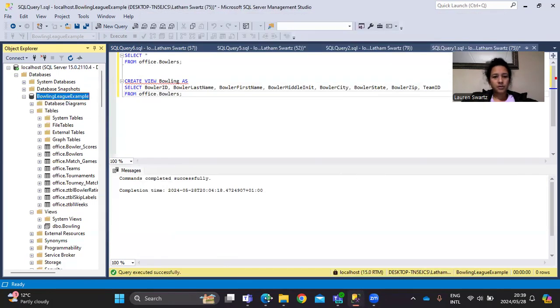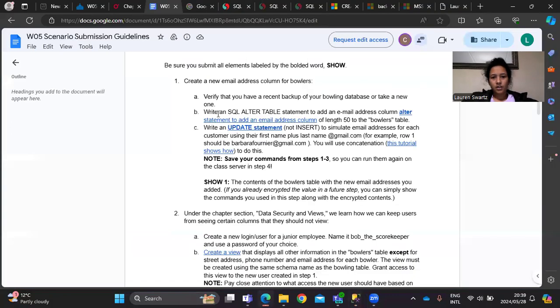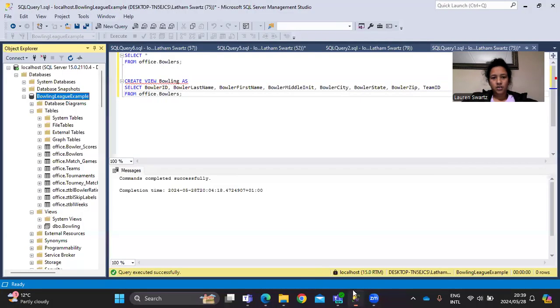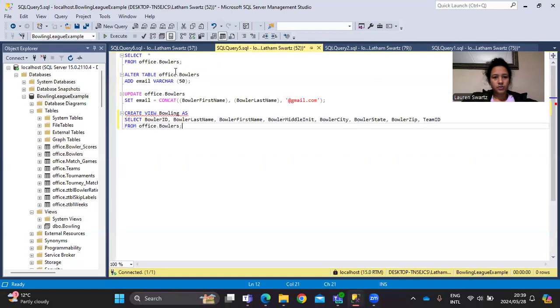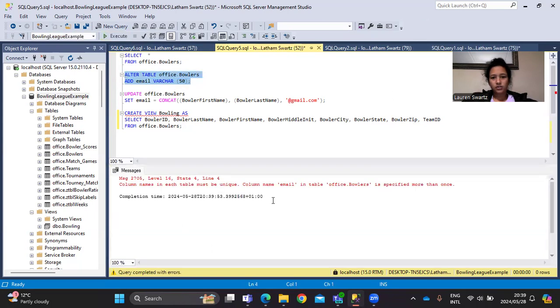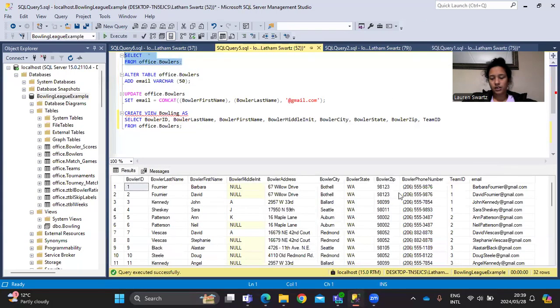So once that is backed up, it says that we need to write a SQL alter table statement to add an email address column. So as we can see, we've added a statement that will add an email field to the bowlers table. So I want to execute that and just show you that it was added already. So the email field was added,